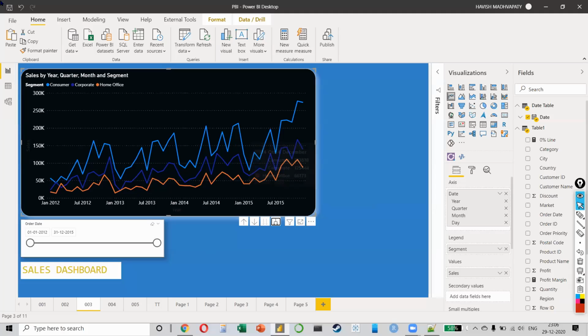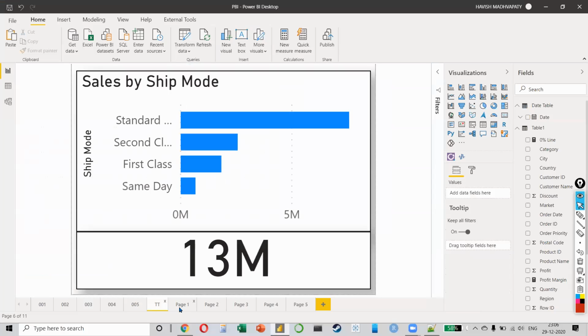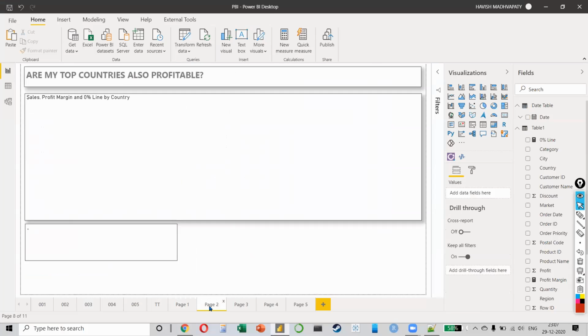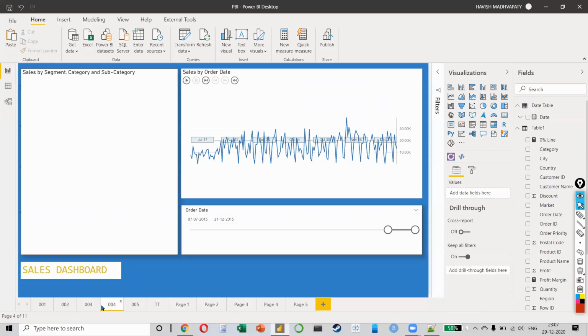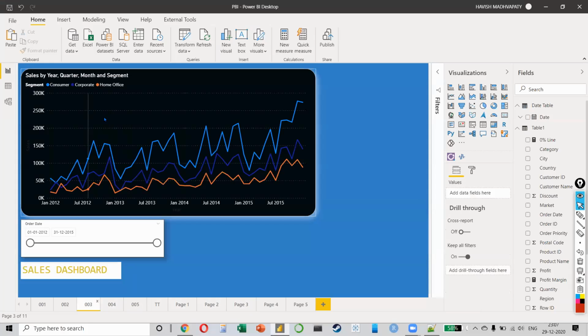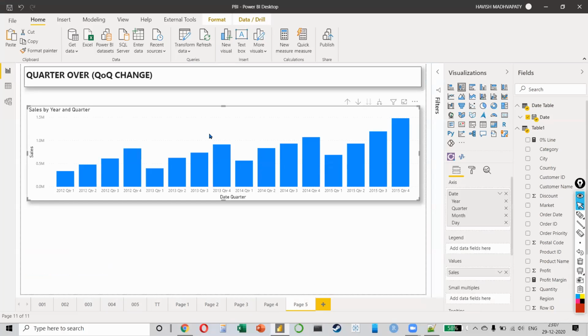That's why if you notice, in any chart in which I was using the date, I don't know if there were any other charts or not. Okay, there were no other charts that I had, right? But this was the only chart where we had the date. Now here, you cannot use the order date. You will have to use the new date table that you have created. So just keep that in mind, right? That's why if you notice, I'm using the date. I'm not using the order date because I can't. The order date cannot be used now, right?